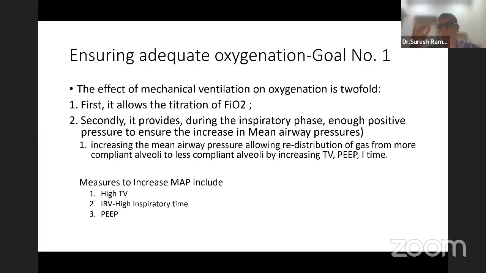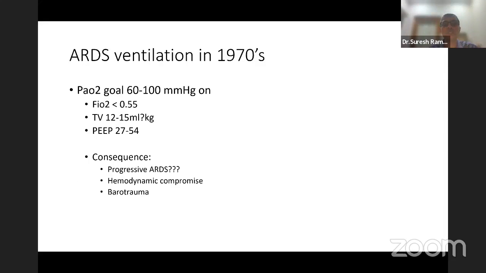And this was done predominantly to prevent the passive atelectasis that would happen. And that's why the name of ARDS prior to 1967 was congestive atelectasis. That it's a wet lung, it's flooded, and there's a collapse in the lung. So increasing the mean airway pressure did work wonders. There's no doubt that it would work, and PEEP would improve oxygenation.